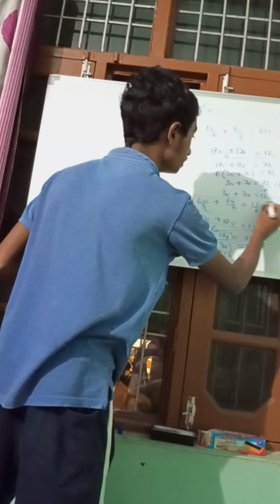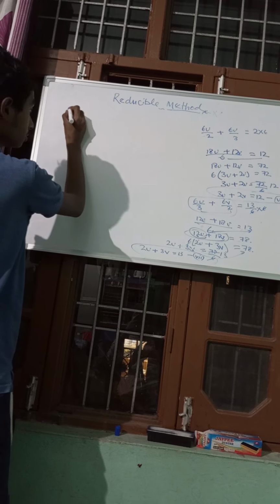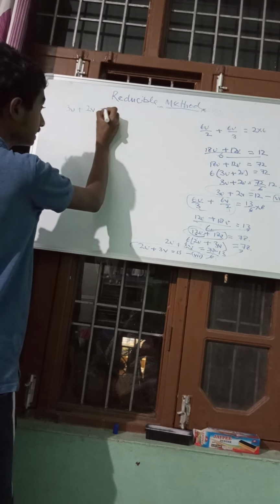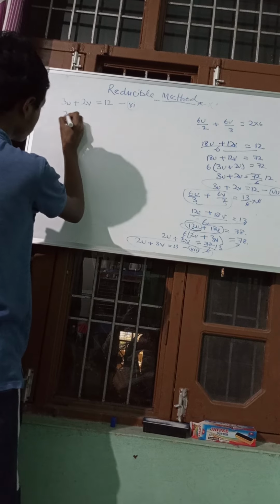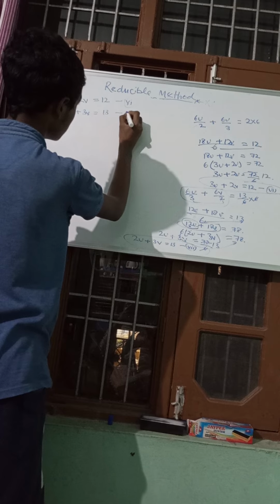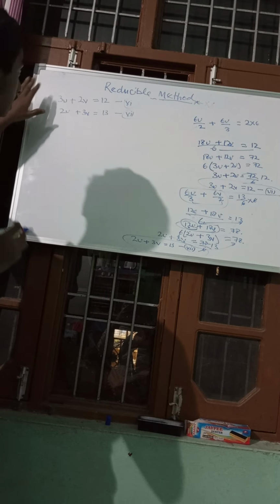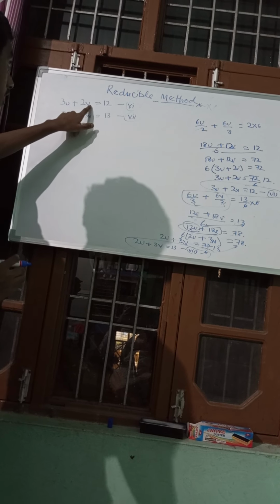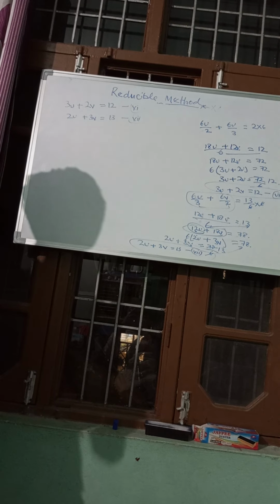Now we have to write the sixth equation and the seventh equation over here. Our sixth equation, which we have found, is 3u plus 2v equals 12. And our seventh equation is 2u plus 3v equals 13, which we have considered. Now we can say that the coefficient of v in this equation is not equal to the coefficient of v in the other. Now we have to just